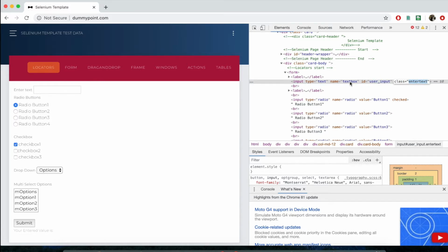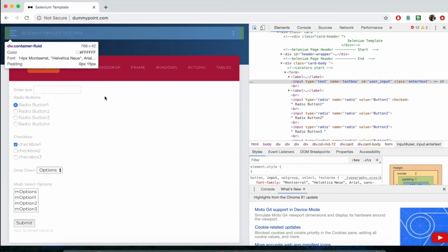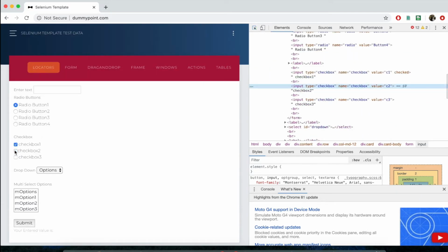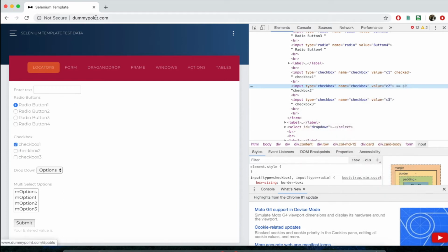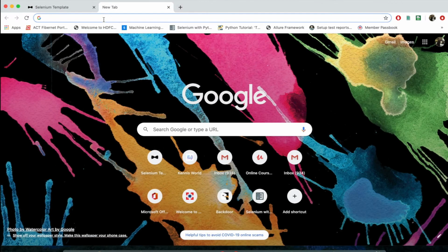If you require to copy the XPath for this, after focusing your cursor on the required web element, just right click on the data populated in the elements section, click on copy and click on copy XPath. You can copy the XPath and you can see whether it is copied or not here.